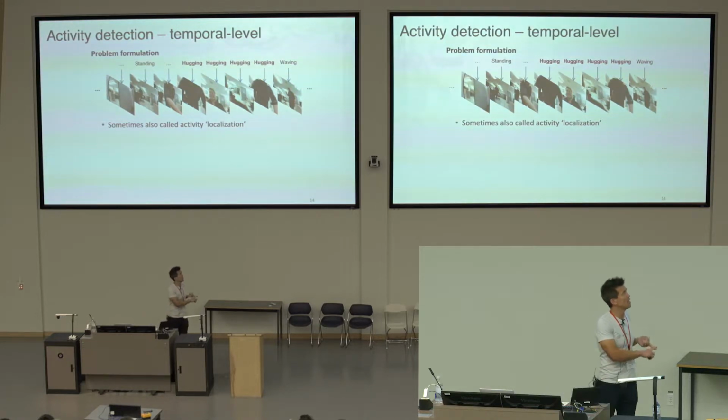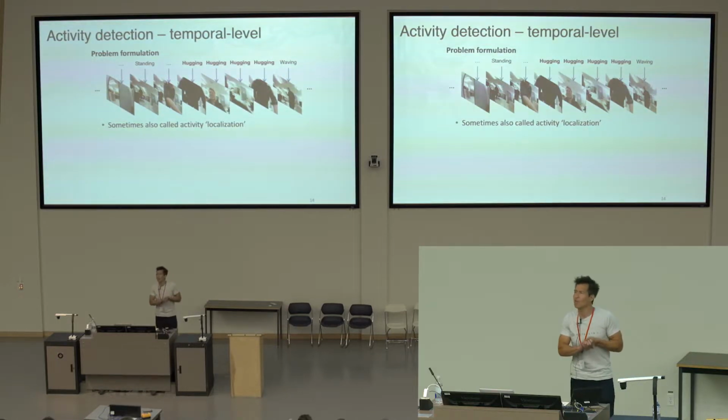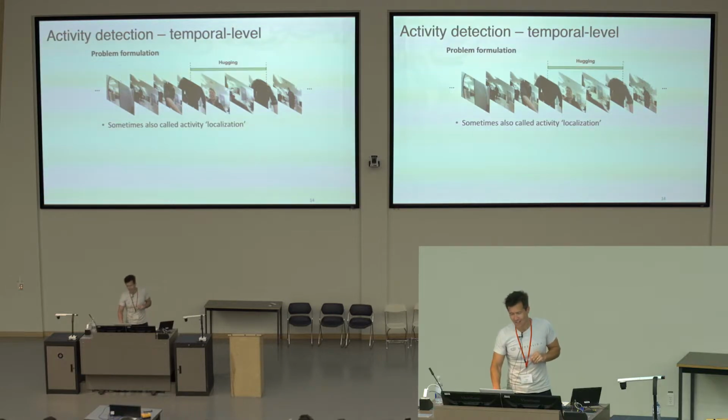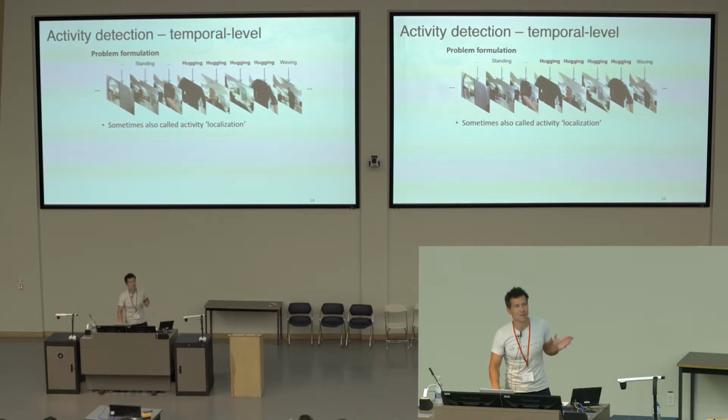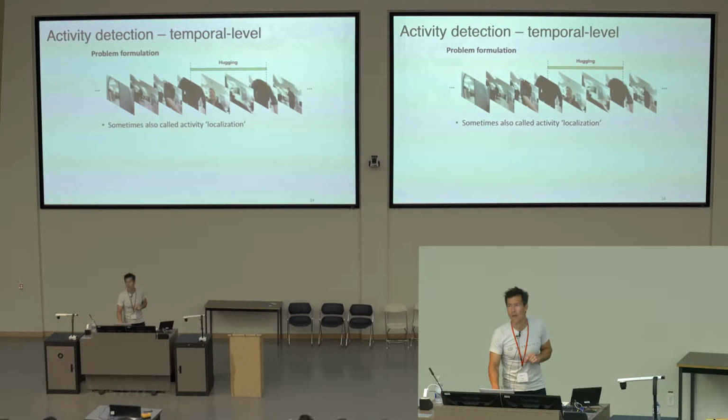So this frame had standing, this frame had hugging, this frame had hugging, this frame had hugging, this frame had hugging. A question: do you have any sense of whether these two things are equivalent? This versus that? Are these the same thing? Is there anything different about these two output representations? I think the segment is harder because if you want to predict the segment, then you don't have this on and off, so you have to smooth these small predictions.